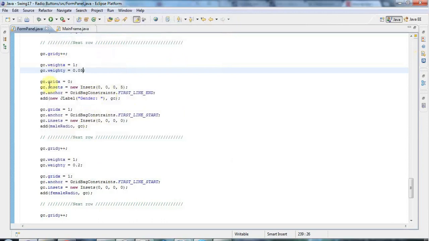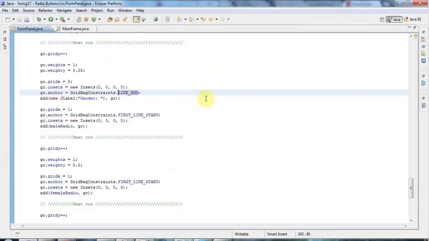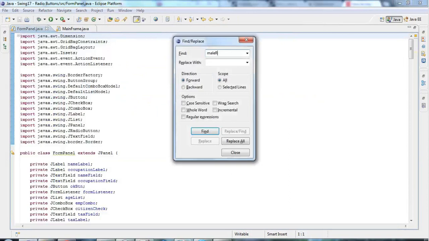Let's go to here and just change it from first line end to line end, so it's aligned in the middle of the row like that. So that looks a bit better, I think. Now neither of them are selected at the moment, so let's go up here,